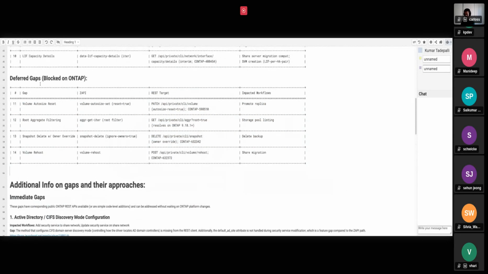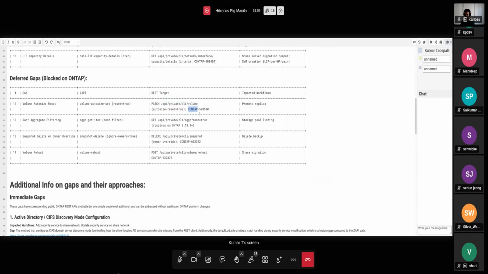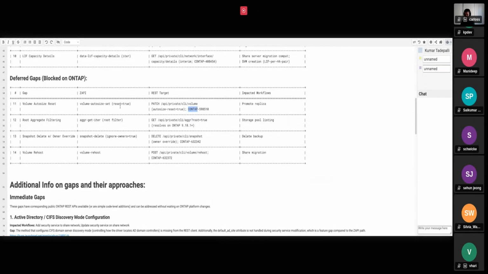So coming to the deferred gaps, once these private APIs are converted to a public API, then we will take it as some BURT or something in any of the releases, because they have to prioritize and fix it and do the backporting to the ONTAP versions, and decide what ONTAP version is the minimum that we can support given the ONTAP releases that went in. All those factors we will take up in the call, and we'll do the replacement or some branching depending on the version. That strategy we are yet to make more compatible with as many ONTAP versions as we have,